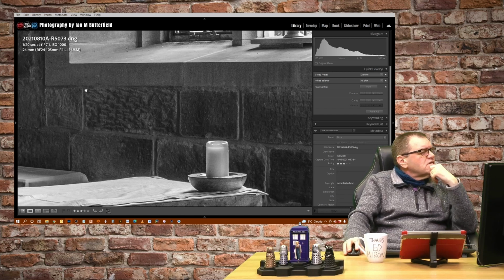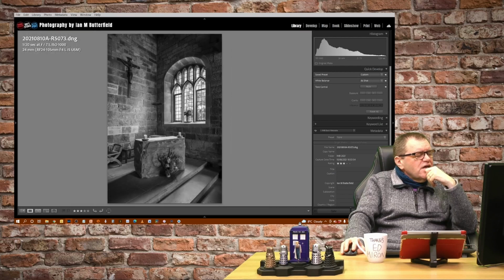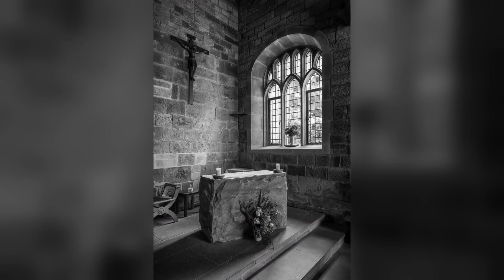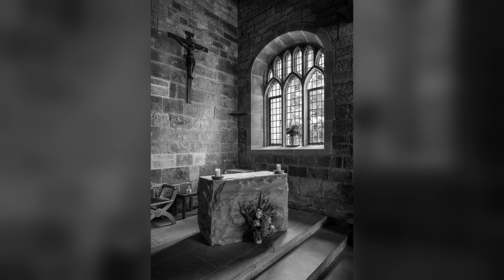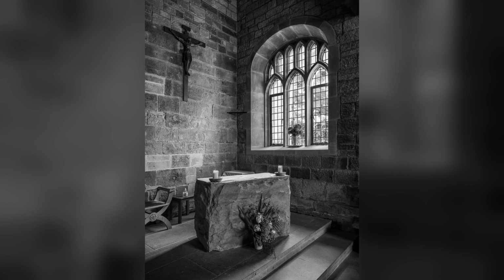A little bit of noise in there because I'm at 1000 ISO. But considering a 20th of a second handheld, I'm really impressed with that. Now, why was this possible? I was only shooting at 24mm, which means I was able to handhold this. I did a black and white conversion to